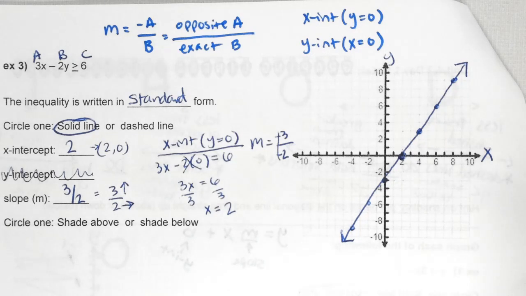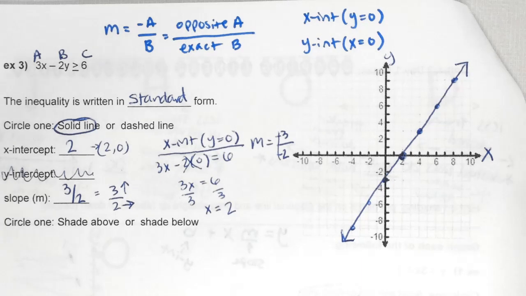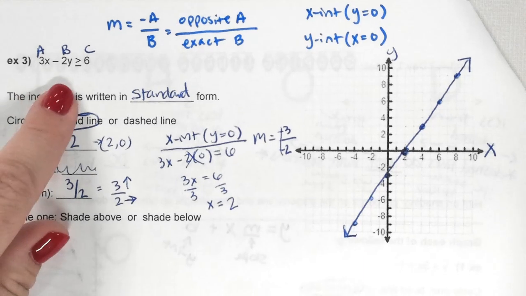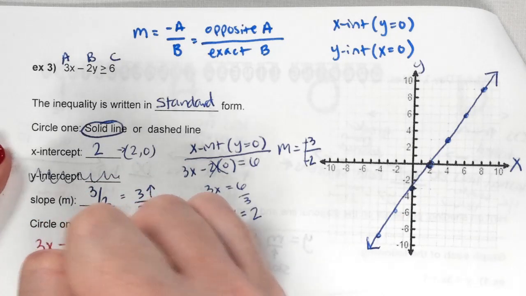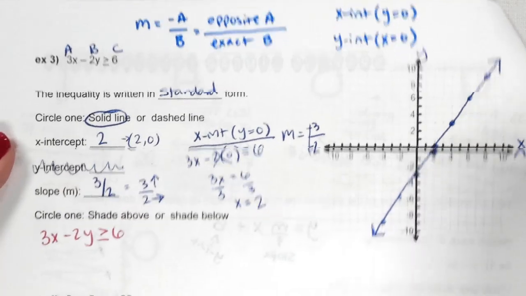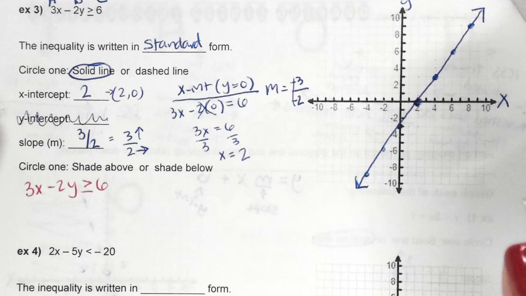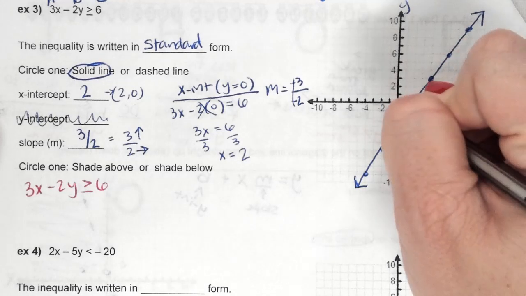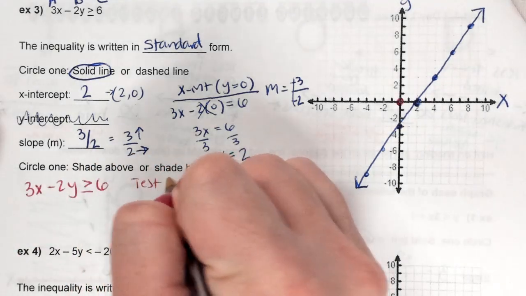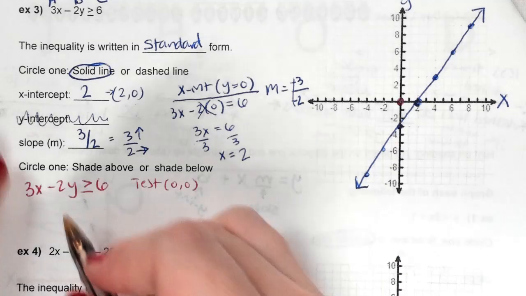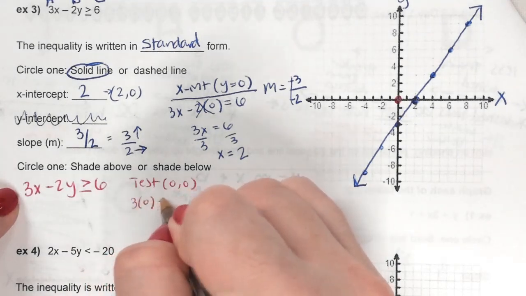Now I'm not done, because I cannot just look at my symbol here and tell you where to shade, because it's in standard form. Remember, we said that only works when y is by itself. Is y by itself? No. So I'm going to rewrite my equation. 3x minus 2y is greater than or equal to 6. And I have to test a point. Well, y'all, the easiest point on your graph to test is (0, 0). However, you cannot pick a dot on the line. So I'm going to pick (0, 0). Okay, now if (0, 0) is on your line, pick something on an axis. So I'll show you both. So if I test (0, 0), and I plug that in, well, x is 0, minus 2 times y is